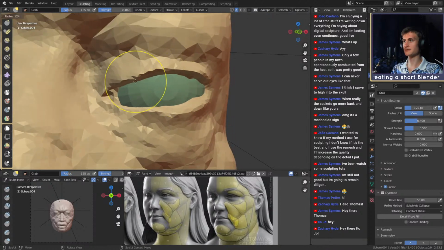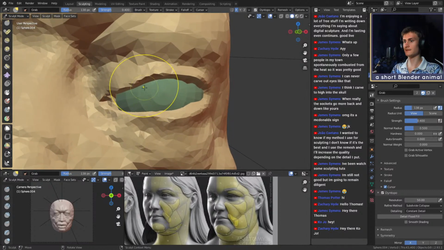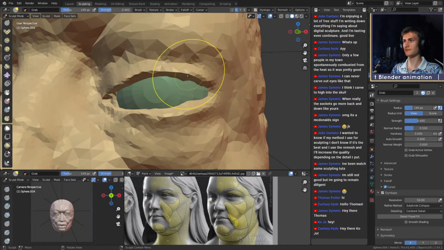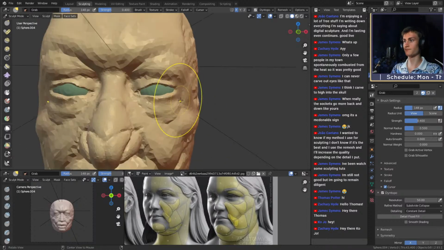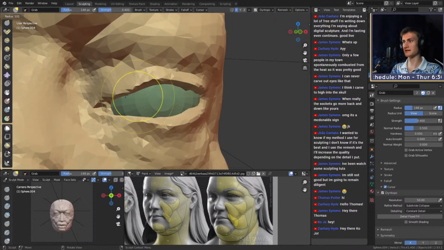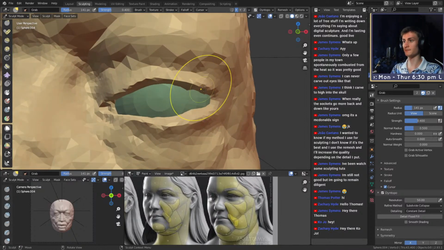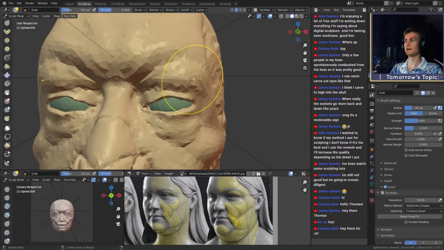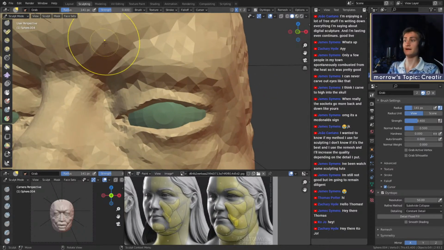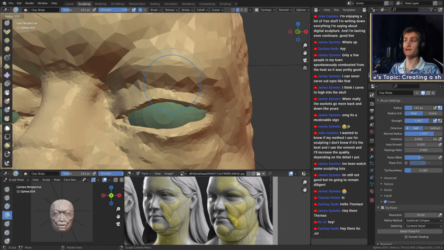So it would be like this. Like that. Maybe not that exaggerated, but it's still noticeable, especially when you have older people and the skin sags more. Okay, now that we have the shape of the eye,